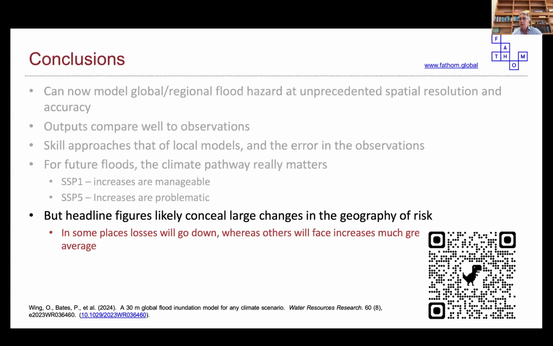Flood events are created, so for the hazard maps, we simply work out the magnitude of the river flow or rainfall that happens with a particular probability or return period. And we do that using classical hydrology that produces regionalized frequency analyses. So we take observations of river flow, we pull those together, and we create distributions that look at the return period and how that varies with catchment characteristics